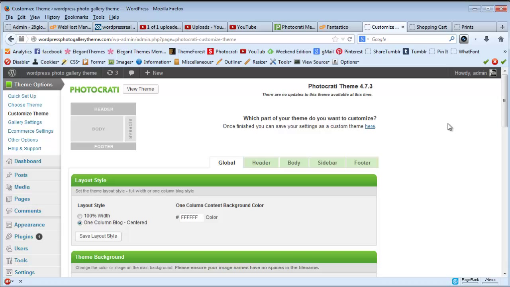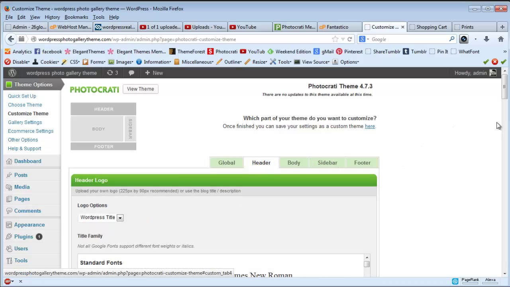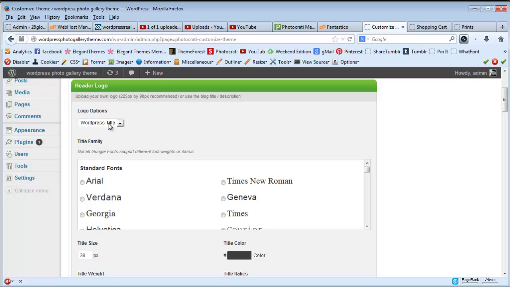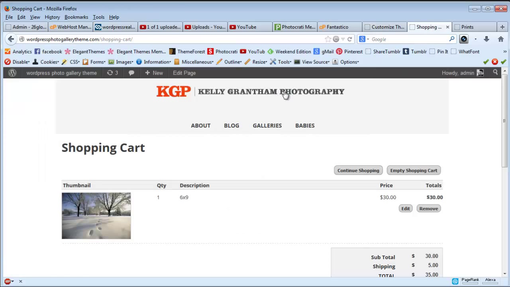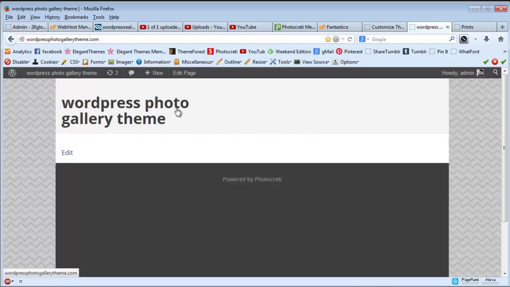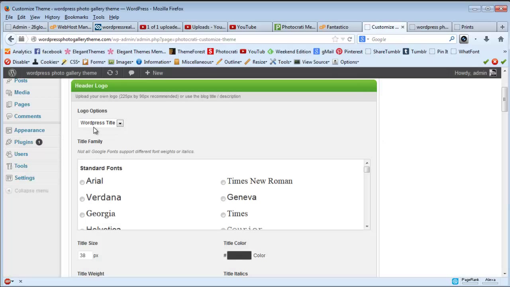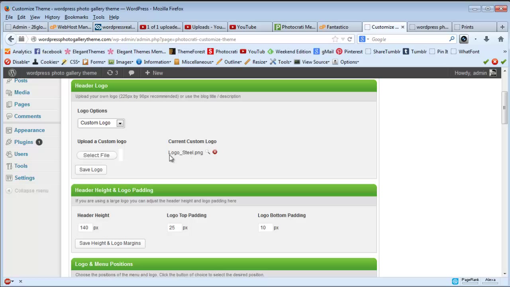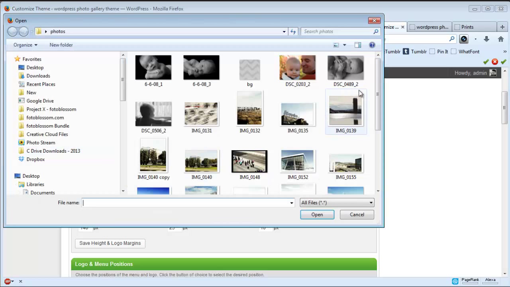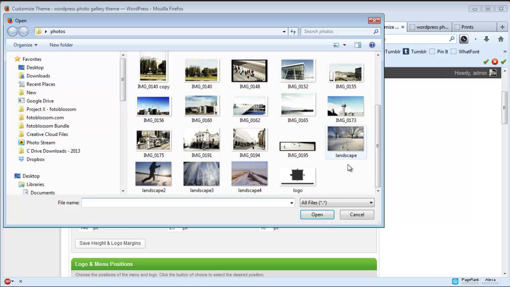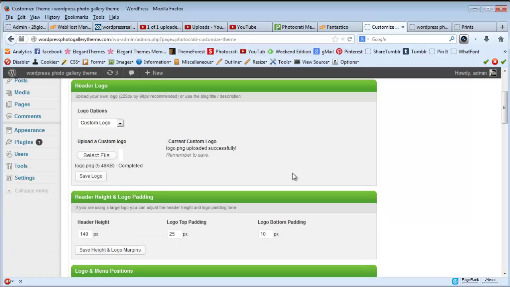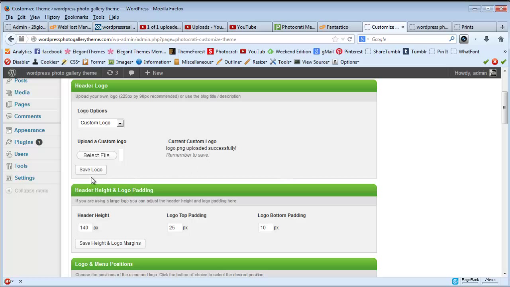So I've saved all those settings. I'm going to go to header. Right now when I refresh this, it's going to have a text title. I don't want a text title, I actually want a logo, so I'm going to select custom logo, and then select file, and then I created a generic logo for this. Once it's uploaded successfully, just click Save Logo,